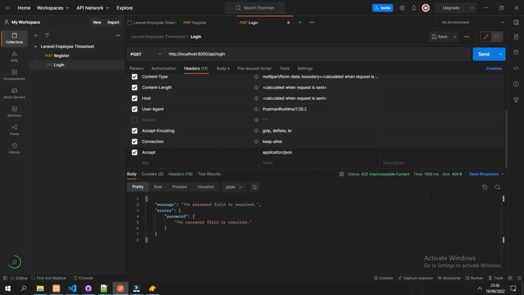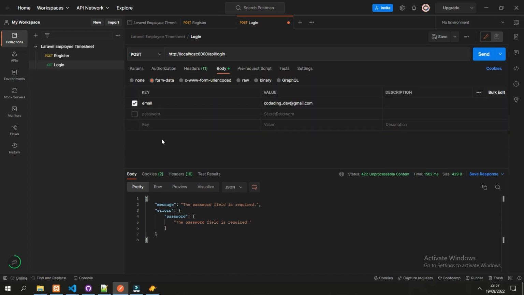So if we try to send the request again, it will give a JSON response with the 422 status because our password field does not exist here because we disabled it. This would be the response.